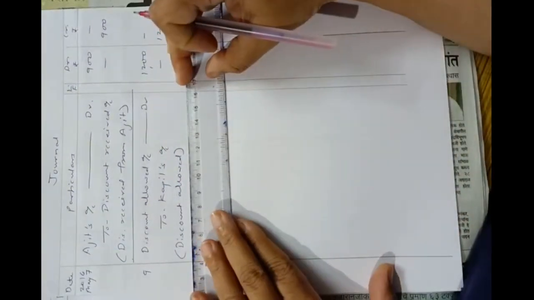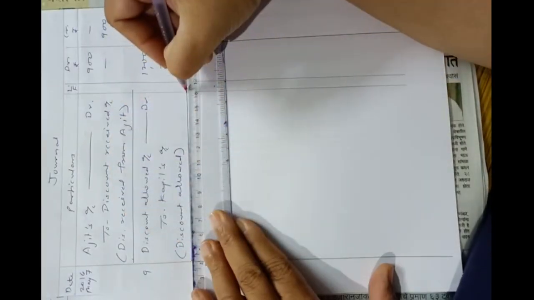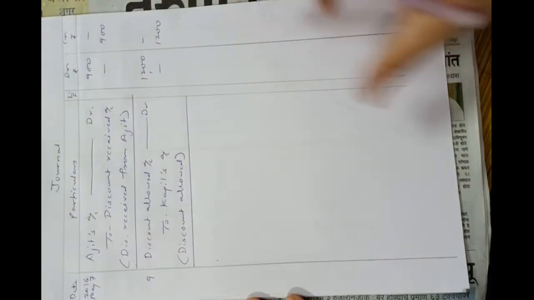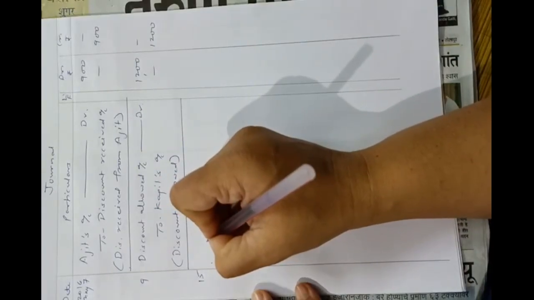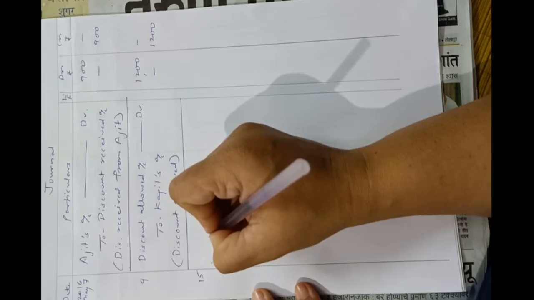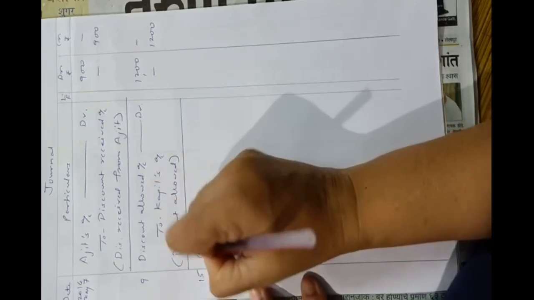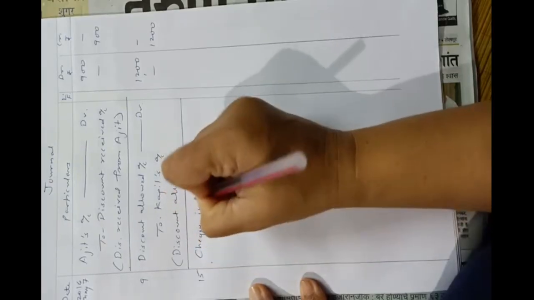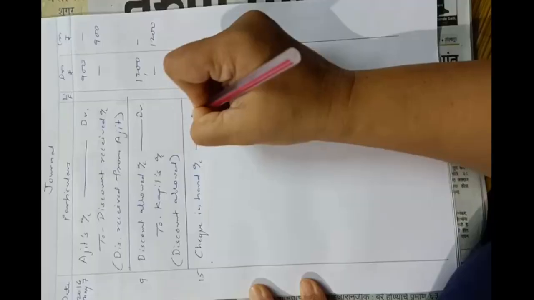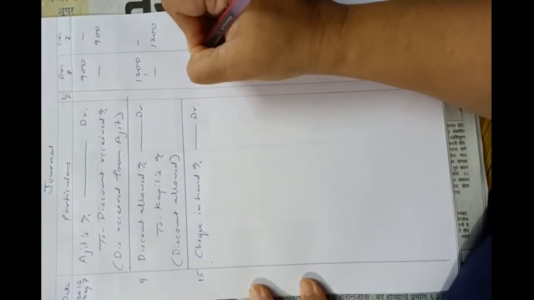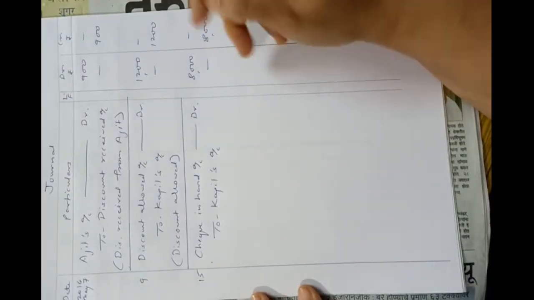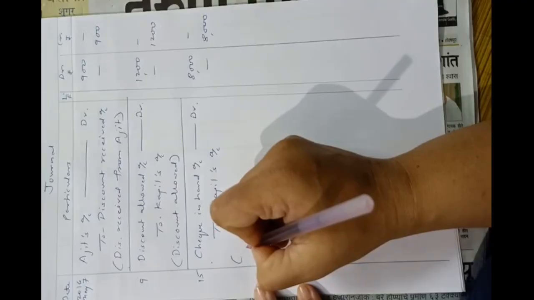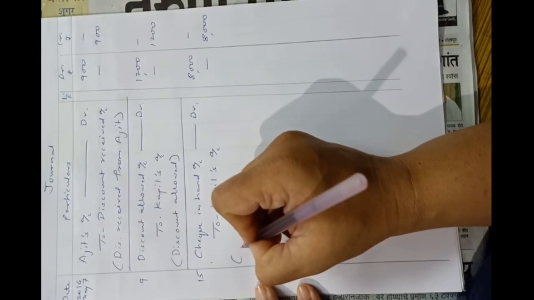This will be the entry passed on 9th May when we allowed discount of rupees 1200 cash discount to Mr. Kapil. And now entry of 15th May of check received for the remaining amount from Kapil. So entry will be check in hand account debit 8,000 to Kapil's account 8,000. We will not enter this entry into the cash book because check received but not yet deposited